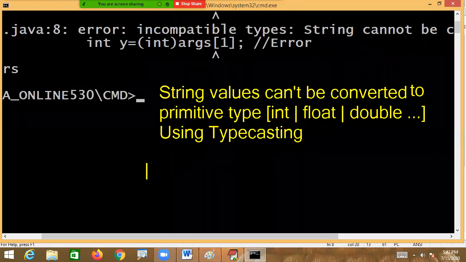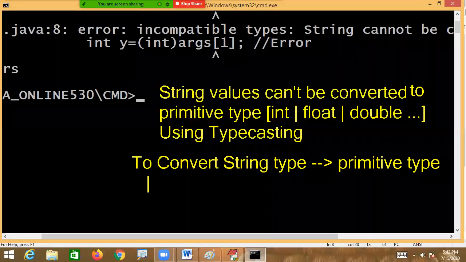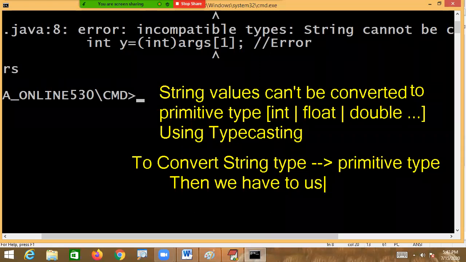To convert the string type values to Java primitive types, we have to use parsing methods.